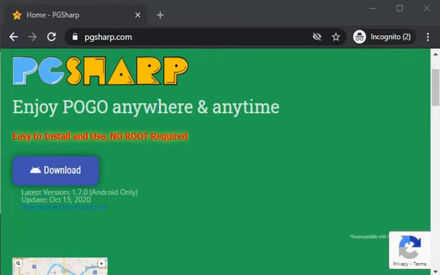Okay, there are two ways. One is PG Sharp, which you are viewing on your screen, and one is the Magic Root method. Magic Root method requires root, but PG Sharp does not require root. So first of all, you need to